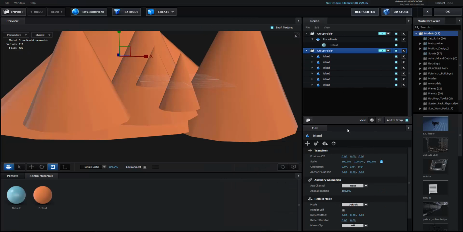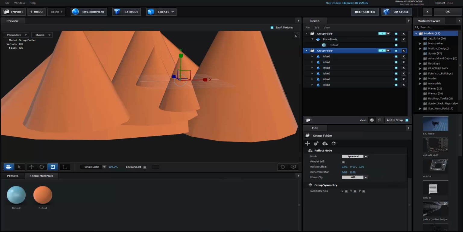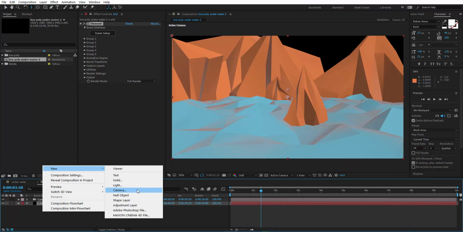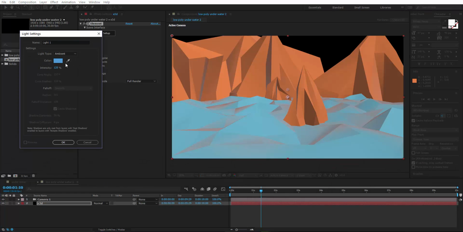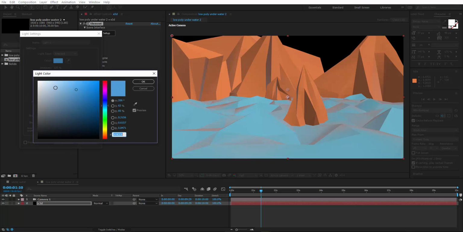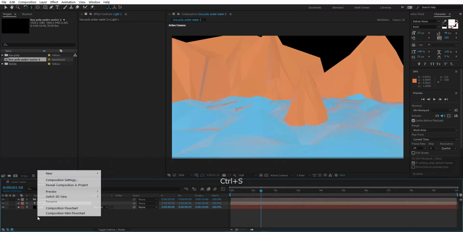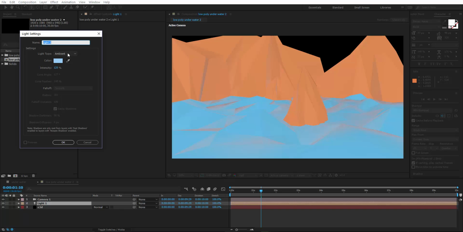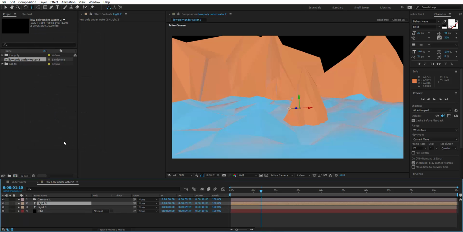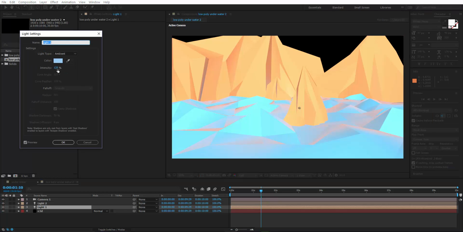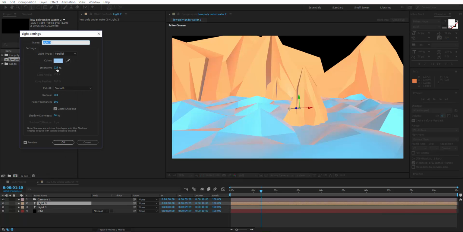So go to this group reflection mode and change it to spherical. Okay, create a new light, call this ambient light, and maybe a little bit like this. Okay, let's see, we'll adjust it later. So create a new light, call this parallel light, increase the light intensity. Okay, so go back to the ambient light and decrease the light intensity, maybe 76. Also go back to the light 2 and decrease